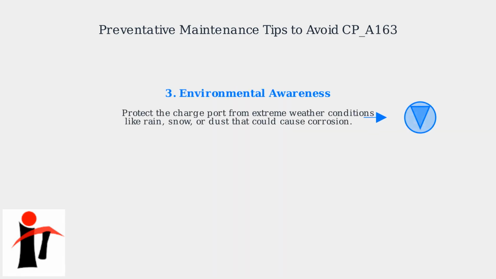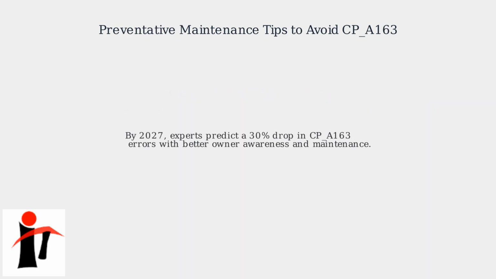Third, be environmentally aware. Protect your charge port from extreme weather conditions such as rain, snow, or dust. These can lead to corrosion or debris accumulation that triggers the CP A163 error. By implementing these preventative measures, you can significantly reduce the likelihood of encountering CP A163 errors. Experts predict that by 2027, better owner awareness and maintenance practices will lead to a 30% drop in these charging issues. Many Tesla Model 3 owners have encountered CP A163 errors following supercharger use, with dirt and debris accumulation being